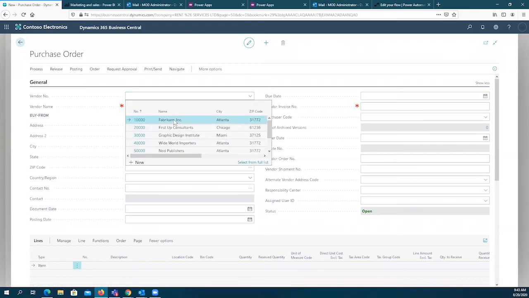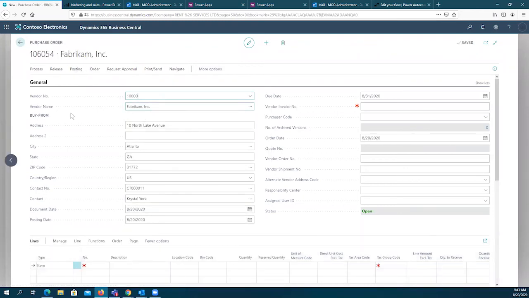Let me give you an example. Here I have just a simple document. Well, just randomly, I selected a purchase order. But I have the option to send the previous approval request. Do you remember